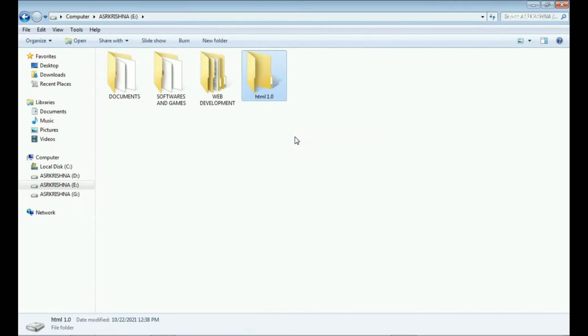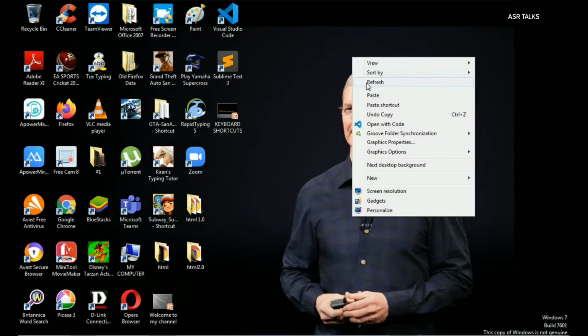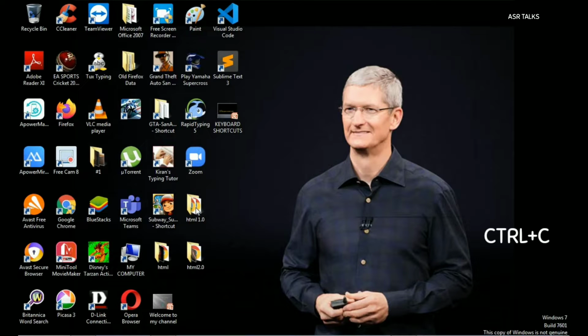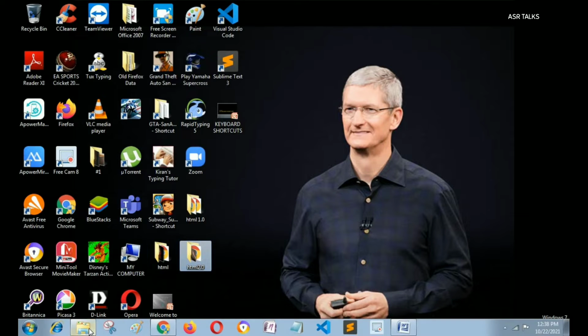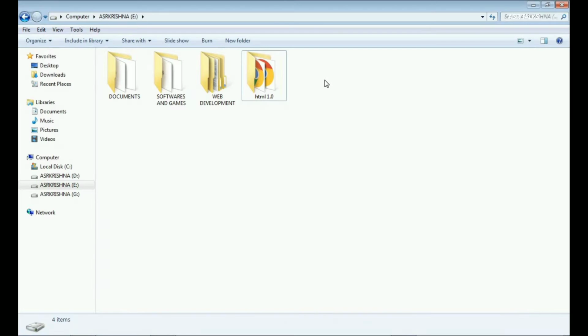Here you can see it got pasted. But instead of doing this all, you can simply use the Ctrl+C shortcut key to copy the selected item. Here I am selecting the HTML 2.0 and I am copying this using Ctrl+C and opening my destination folder and clicking on paste. You can see the selected item got pasted here.